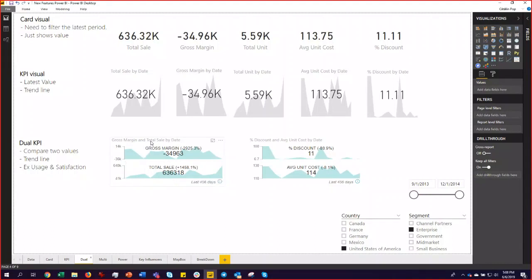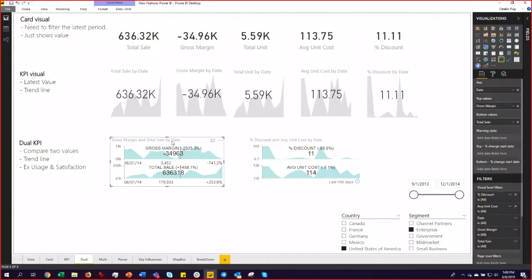In this case, you see that I am using the control to showcase gross margin and total sales. And as I'm navigating through the time series here, I actually see the variance since the first day that this is plotted. And it's quite powerful because it's natively integrated with